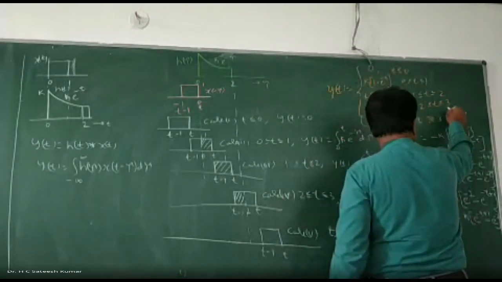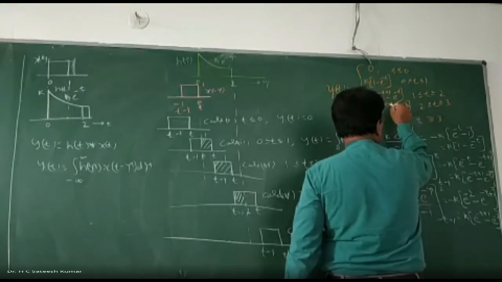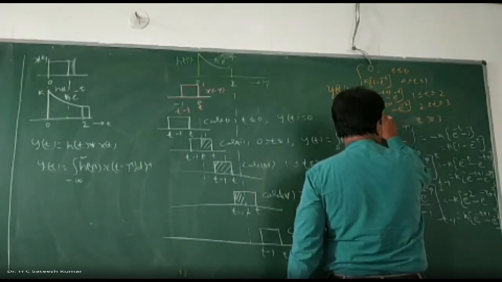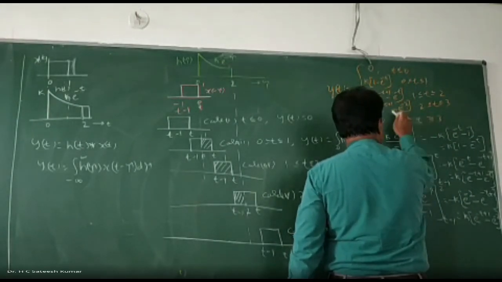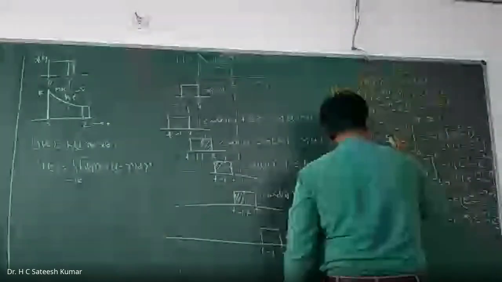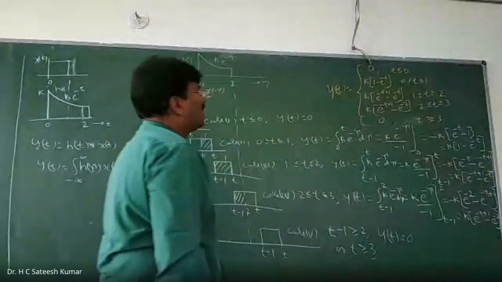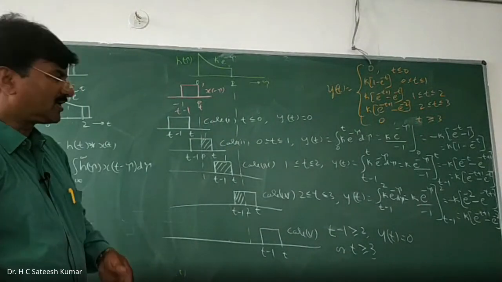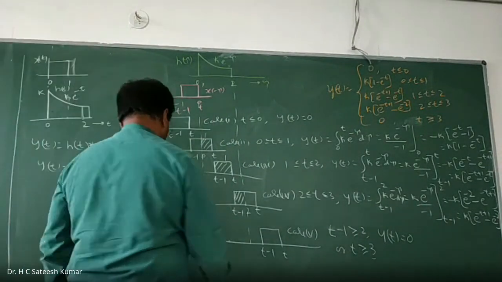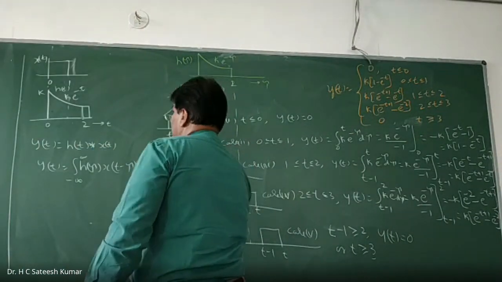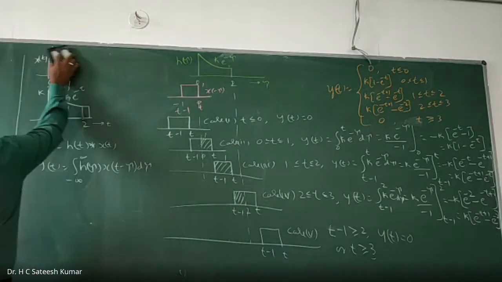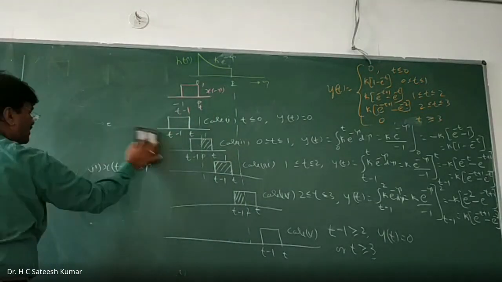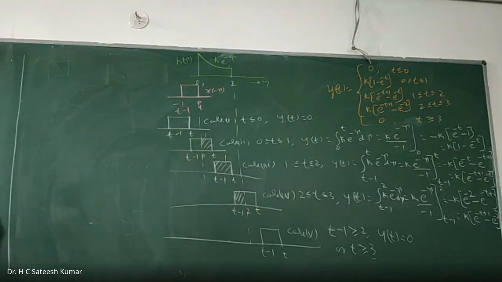Third one, 3. When t is equal to 3, e to the power of minus 3 plus 2, e to the power of minus 2, e to the power of minus 2, 0. 0 into k is 0. At 3 it is 0. So it is correct only. And sketching is complicated. They won't expect it also, right? So no need to sketch this kind of problem. So these are the kind we have seen in the exponential also, right? Go for one more. This is an examination problem which was asked for 8 marks in the exam, right?